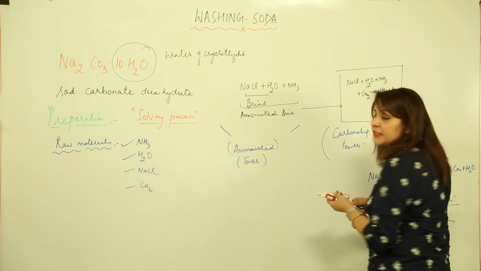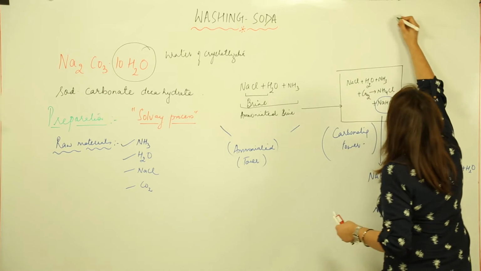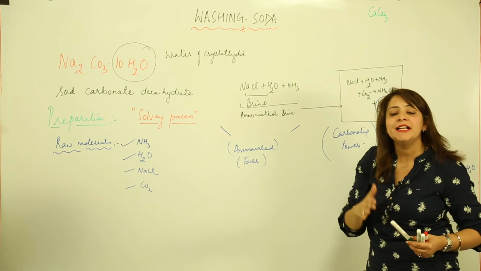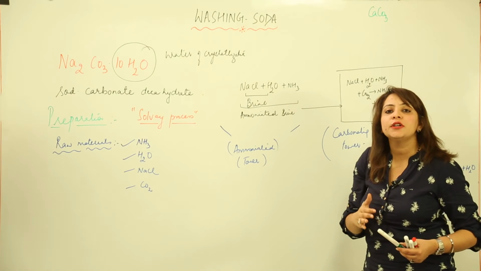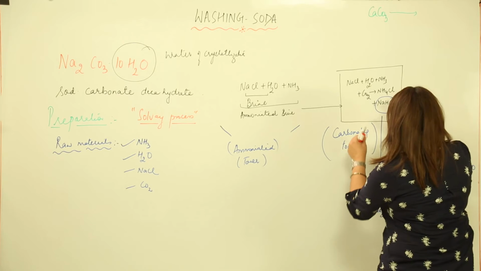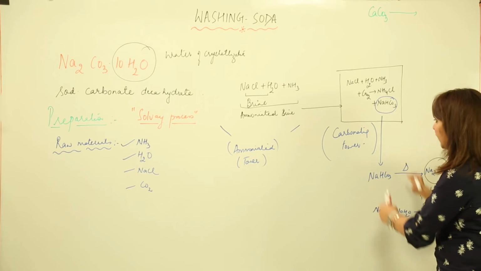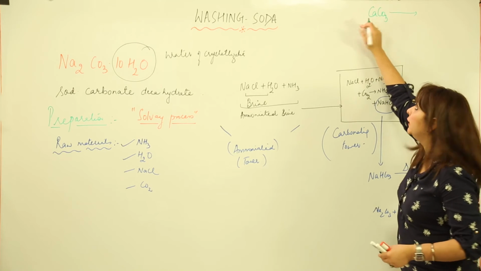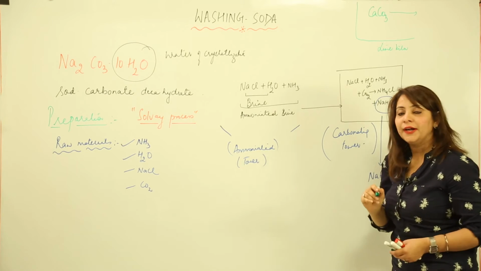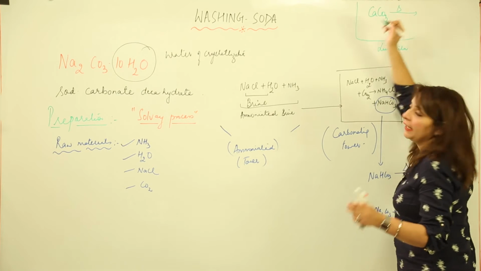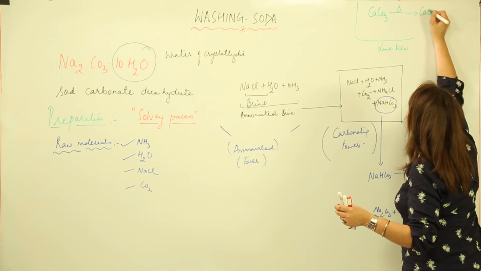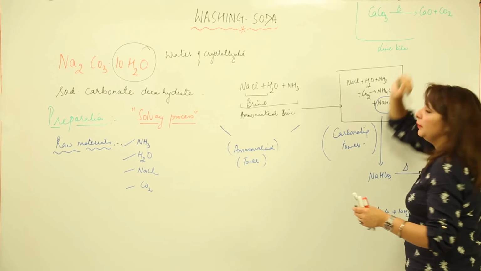So for the reuse of the substances, we add a substance, that is CaCO3. You know that it is calcium carbonate, and the common name for CaCO3 is limestone. We have a lime kiln. This is what we have just separated in the carbonating tower. Simultaneously, this is happening in a tower called the lime kiln. We have maintained a temperature there, so calcium carbonate gets decomposed. What is it forming? It is forming calcium oxide and carbon dioxide.